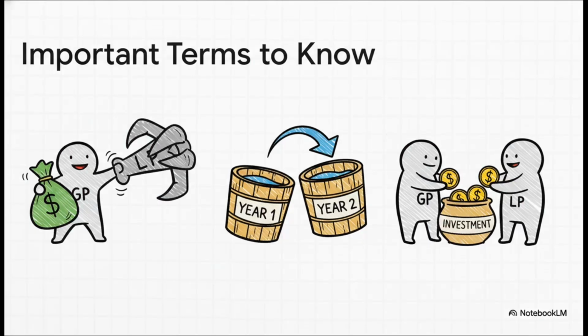All right, here are a few other key terms you should definitely know. A clawback is a safety net for the LPs. It can actually force a GP to give back some of their promote if the fund ends up underperforming later. Cumulative pref just means if that 8% preferred return isn't paid one year, it doesn't just disappear. It rolls over and gets added to the next year. And GP co-investment is exactly what it sounds like. It makes sure the GP has their own money in the deal. We call that skin in the game.